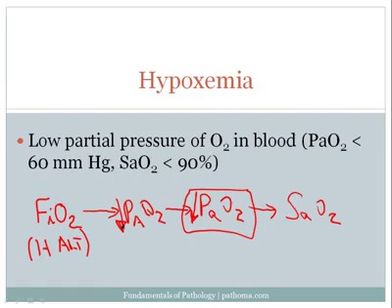The classic way by which the PAO2 decreases is anything that increases the PACO2. An increase in PACO2 would actually decrease the PAO2, and that's because recall that there's a certain pressure that can exist, and it's a balance between oxygen, carbon dioxide, and nitrogen is a constant. So anytime the PACO2 goes up, anytime there's carbon dioxide building up in the lung, the PAO2 will always go down. They're always opposite.